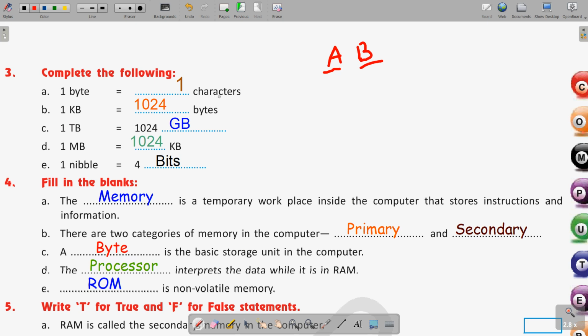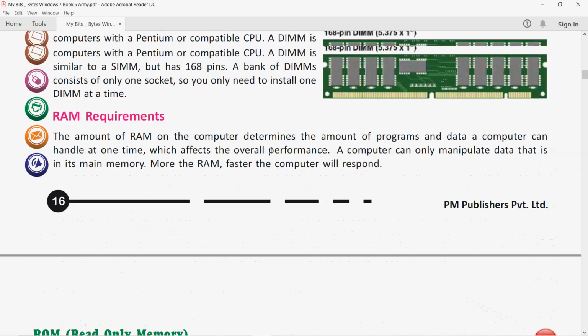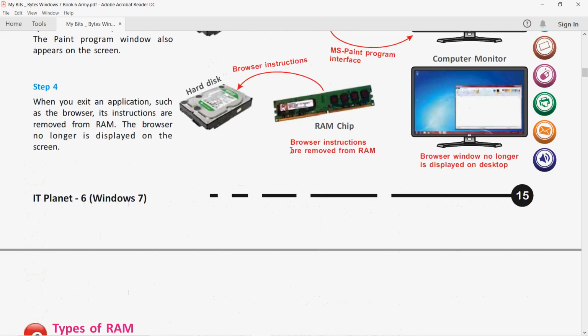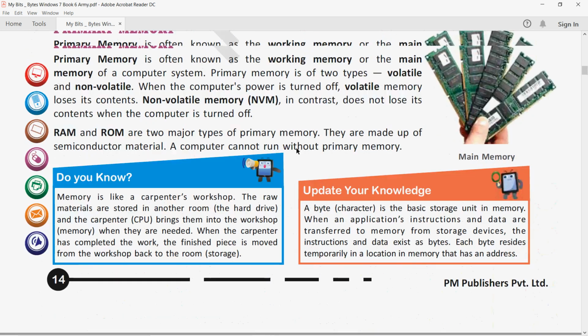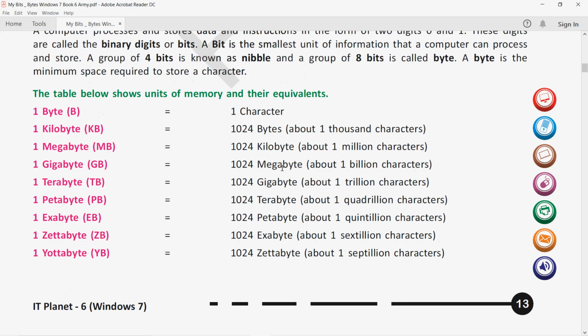But here it is already written character. So if you talk about the character, it will be one character. So one character will be needed to denote in 1 byte. Clear? So 1 byte is equal to 1 character. Next is 1 kilobyte. So 1 kilobyte is how many bytes? 1 kilobyte is 1024 bytes. If we see on the initial page of the chapter, here also you can find. Let us see. Okay, so in the beginning of the chapter, it is also given the different measurement units, yes, here you can find on the page number 13 also.